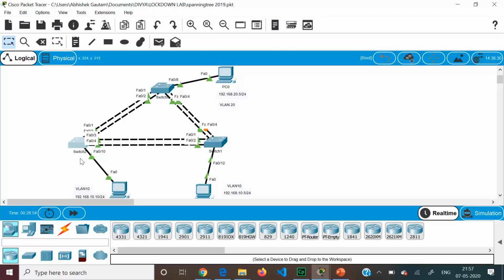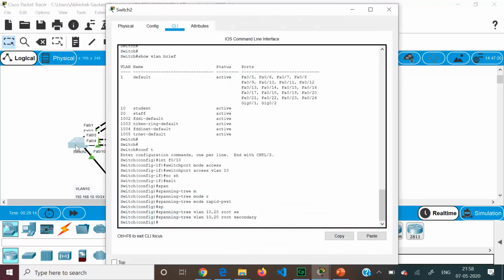If this port is undergoing the various listening, learning port states, then this broadcast message will not be sent immediately and it will not receive the IP address immediately. To overcome this, we want F0/10 to skip all the intermediate listening and learning states and directly go to forwarding state, for which we have to do PortFast.